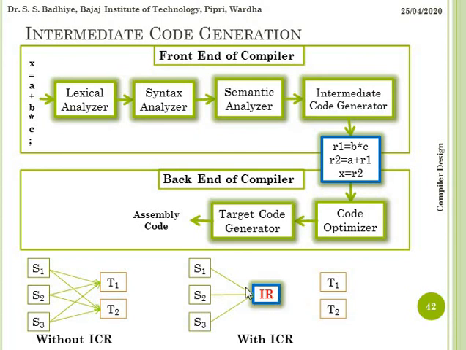Whereas this intermediate representation will be common for all three languages, and now this intermediate code will be converted to two different target languages. If you want to convert it to T1, then this will be converted to T1, and this will be converted to T2 if you want T2. So here we'll write only two programs that will convert this intermediate representation either to T1 or T2.